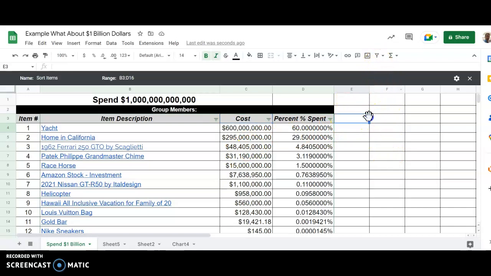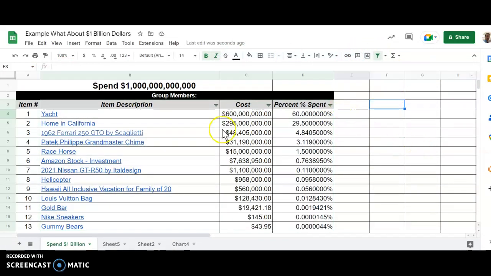So the next thing I'm going to do, I'm just going to click off of these items. And I'm going to get out of this sort window by clicking on my X there. And you're going to notice that everything should stay sorted. You can see I can click back off this remove filter, and you can see all of our items stay